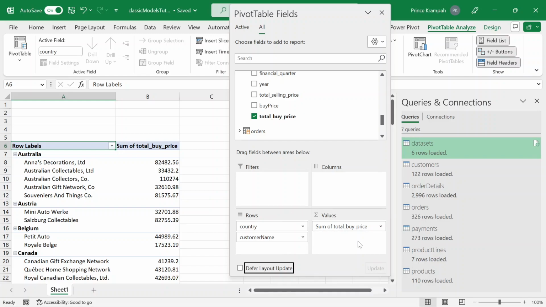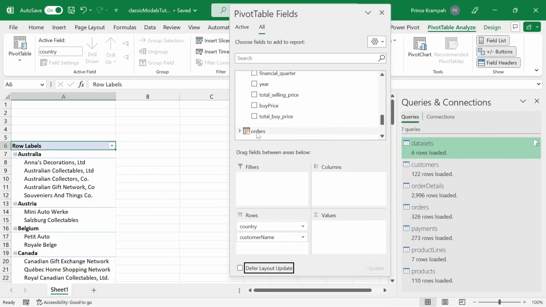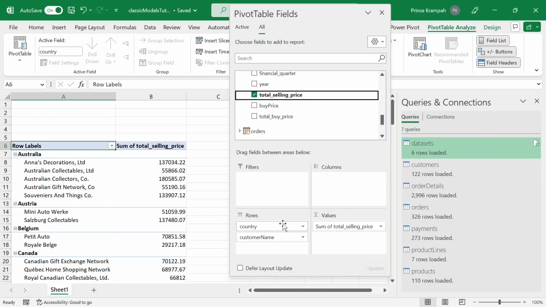Okay, so let me remove this right here. I also want to remove this. You just left click it, and then this option pops up, and you can say remove field, just like that. It's as simple as that. So let's go ahead and add the cost of goods, which is just this field right here, right? Once we have that done, you can also go ahead and do some data validation and other stuff like that. But before we do some data validation to make sure that this data is actually correct,